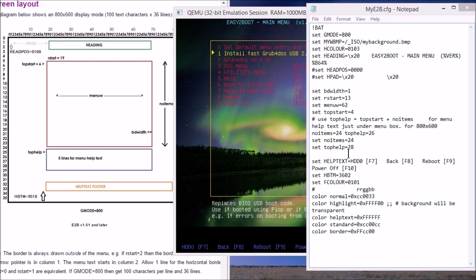And the top help is the position of the menu help text, which is here, so that replaces BIOS, USB code, etc. It is the 28th line down. So top help is 28. The help text is defined here, so HDD0 F7 etc. is this text here, HDD0 F7,